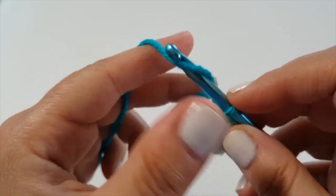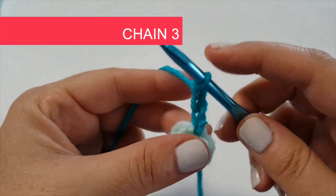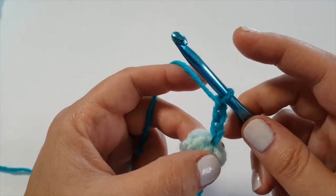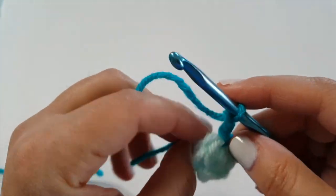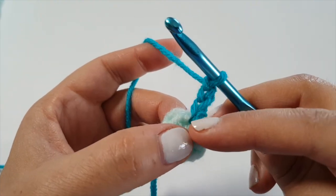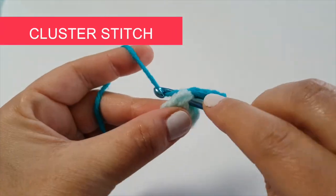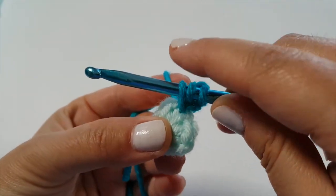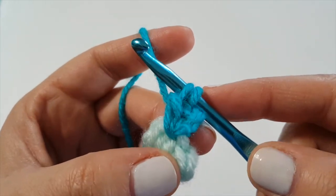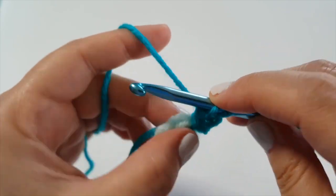So once you do that, you're just going to chain 3. So we have 1, 2, and 3. So this is going to give us a little bit of height here for our petal. And we're now going to do a cluster stitch. So we are going to start as if we're going to place a double crochet back into that same stitch. So you're going to yarn over, insert into that stitch, pull up a loop. So you have 3 loops on the hook. Then you're going to yarn over and pull through the first 2 loops like you're going to do a regular double crochet. We are now not going to finish that double crochet because we are going to go and create